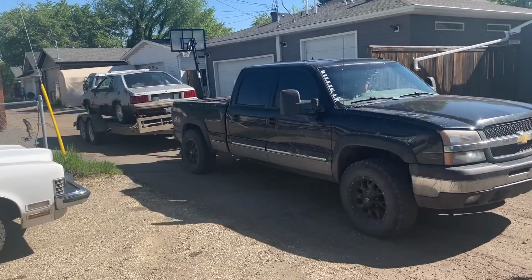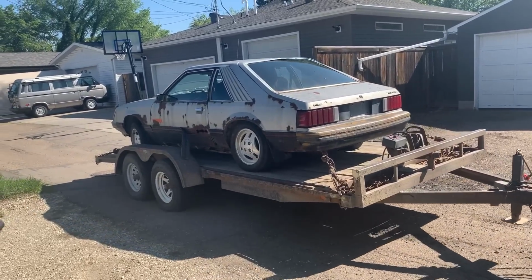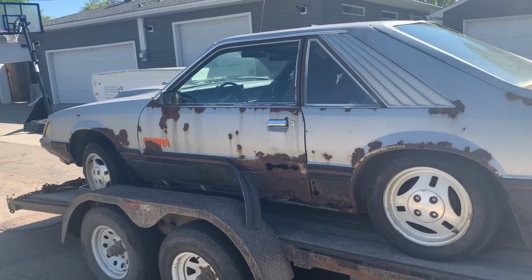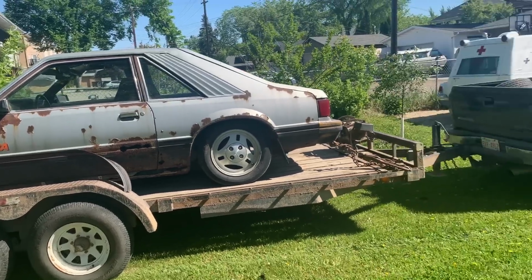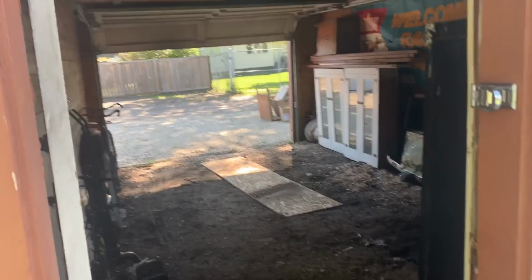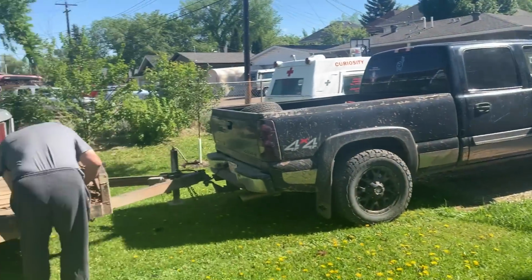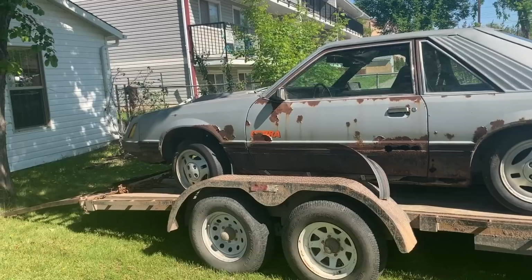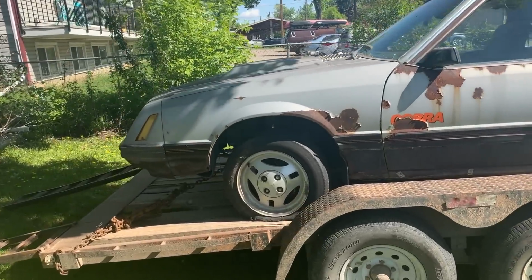There she is, a rusty Stang. Oh yeah, she's a little crusty. Anything can be fixed if you're motivated enough. Well, I've run into a little issue. My plan was to put it in the garage, close it up, and have it nice and safe and sound. Problem is, they lost the keys along the way. The steering is locked a little bit, so they have some sort of idea